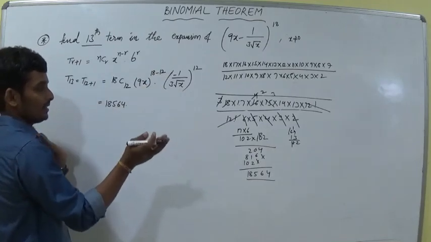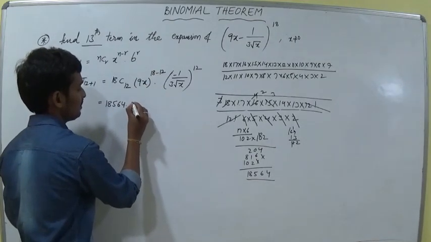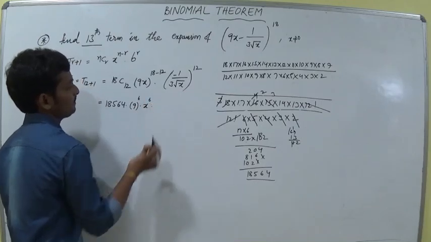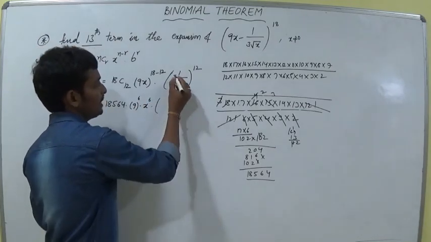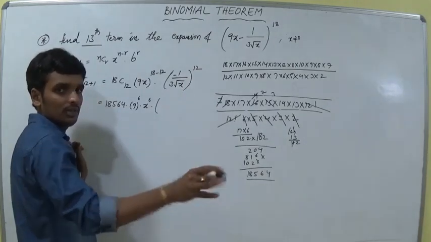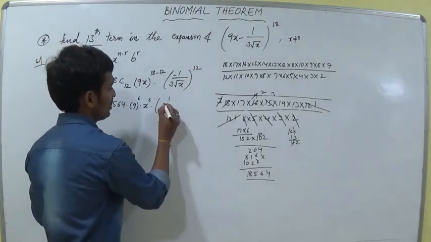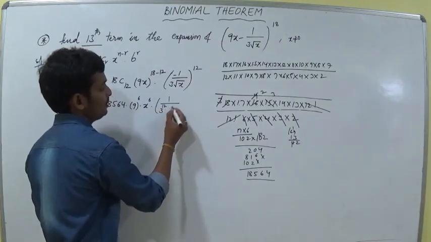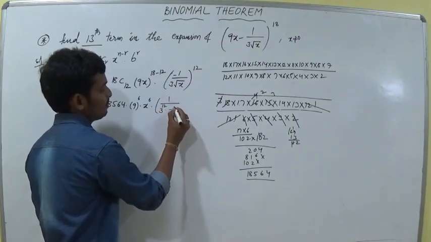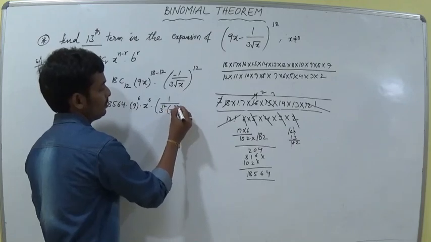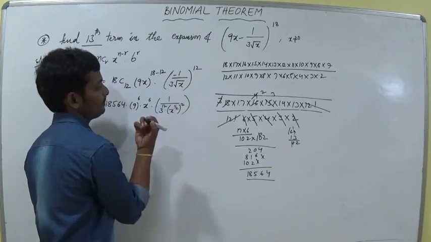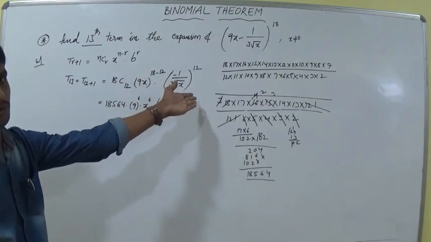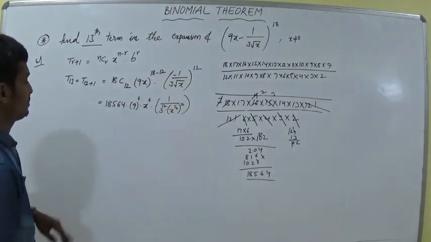I am separating that: 9 power 6 into x power 6, into minus 1 to the power of 12, which means positive, so leave that. The same way, 1 by 3 power 12 into root x, which is x to the power of 1 by 2, whole to the power of 12. Root x is x to the power of 1 by 2. I am applying (a by b) whole power m equals a power m by b power m. So now I am writing